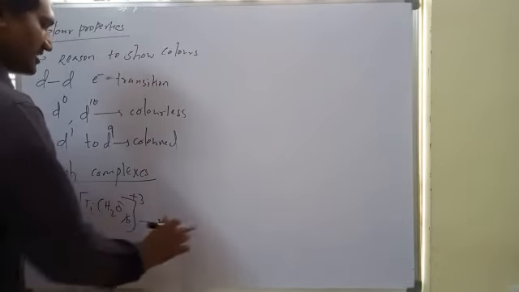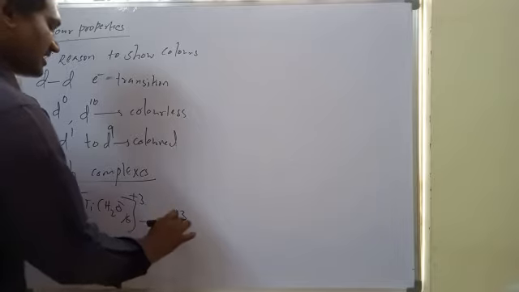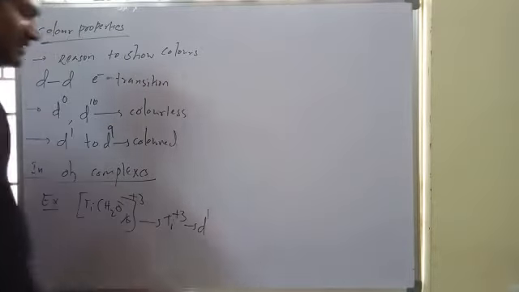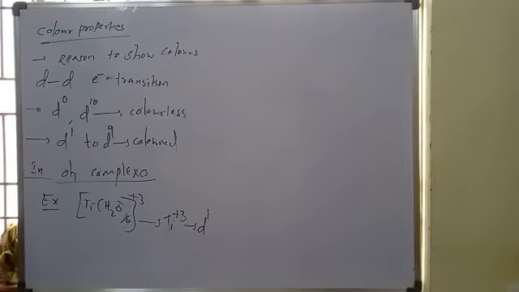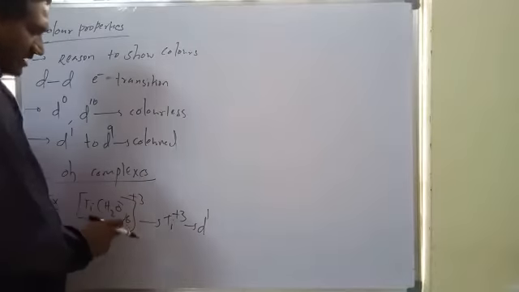Okay, now titanium is plus 3 in this complex. The configuration is d1. Titanium is d2s2 in its ground state, so in the plus 3 state it lost 3 electrons, and we get a d1 configuration. So this is an octahedral complex.